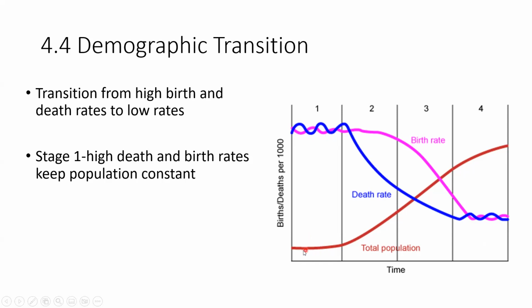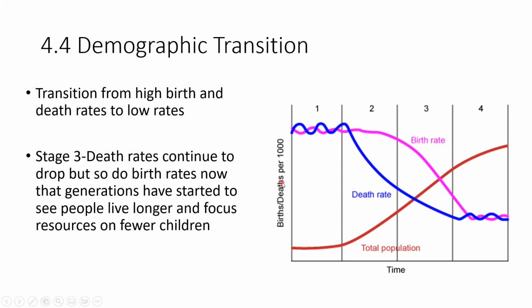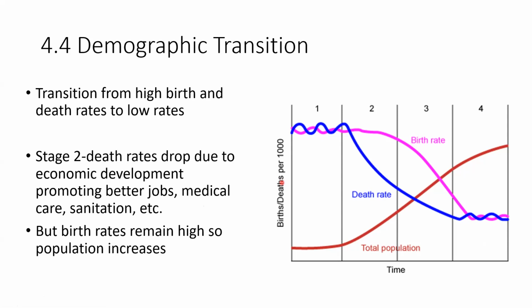And that's why in this first stage, the population is kept constant and at a low level, because even though we are seeing a lot of births, we're also seeing a lot of deaths to balance that out. So we're not seeing much change overall. But then we go to the second stage, whoops, I'm out of order here. The second stage,